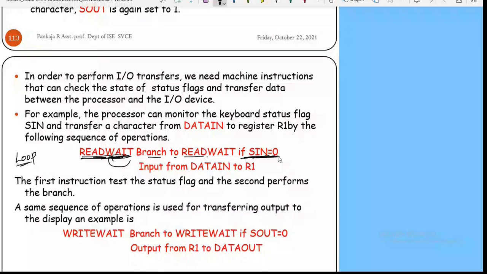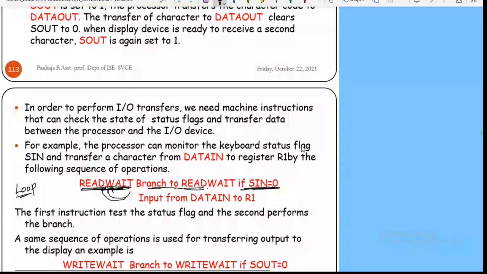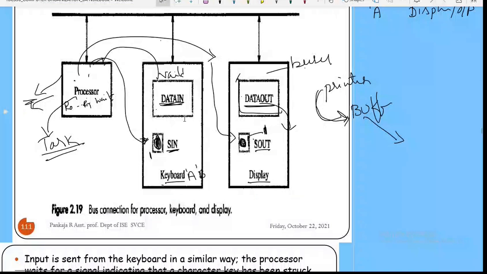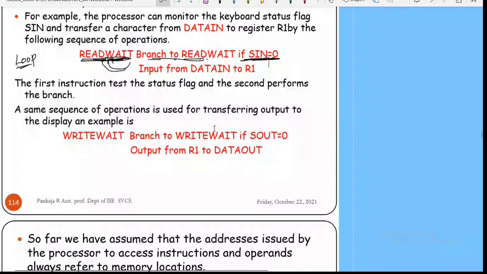Check the condition; if the branch condition is true, go back to this statement and wait. When the input device has entered some data and there is valid data in data in, this is set to 1, so this condition fails. That is, branch to read wait if SN is equal to 0.